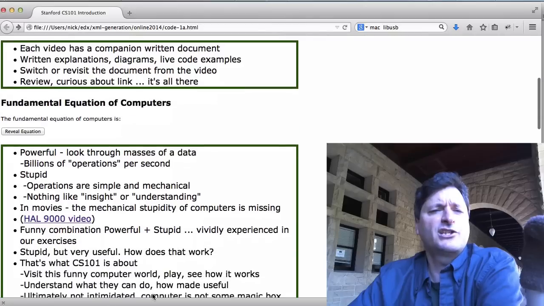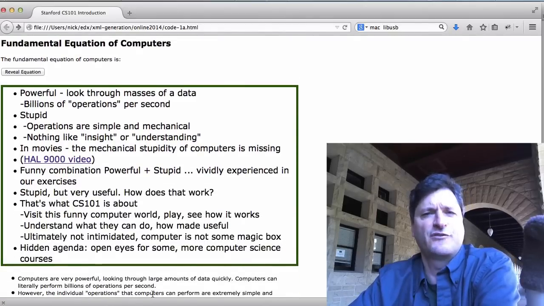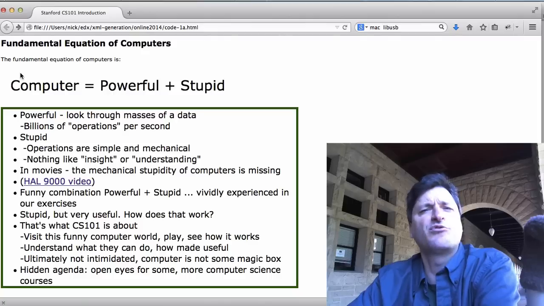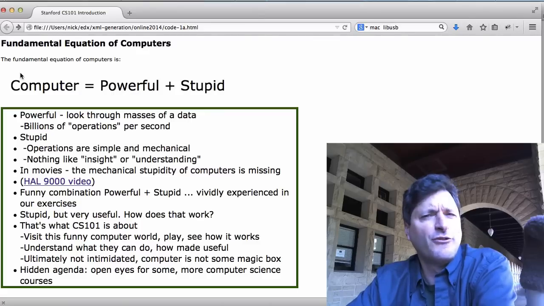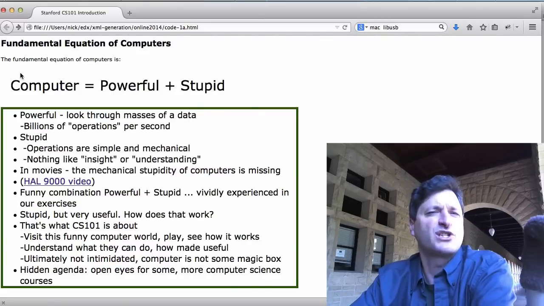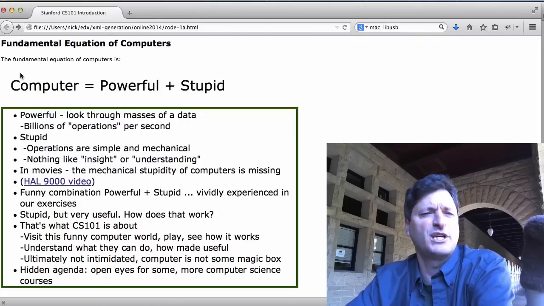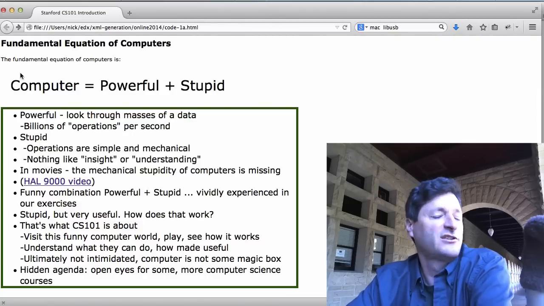So I'm going to say that the fundamental equation of computers, the essence of them, is that computers are both extremely powerful and profoundly stupid. They're powerful in that a computer can do billions of operations per second. It can just rip through data at an inconceivable speed. That's the powerful part. But the computer is very stupid in that the operations that it can do so quickly